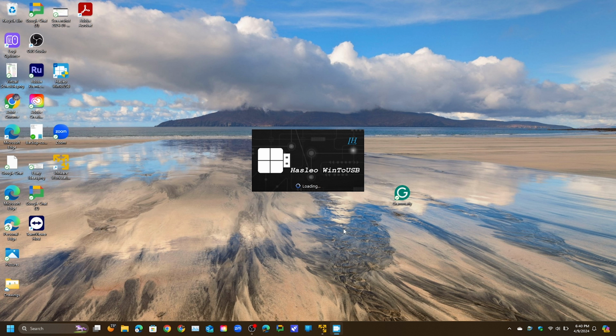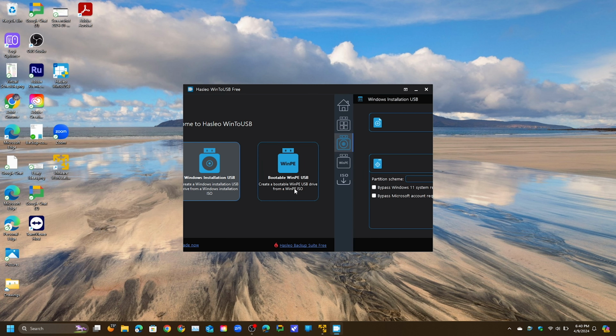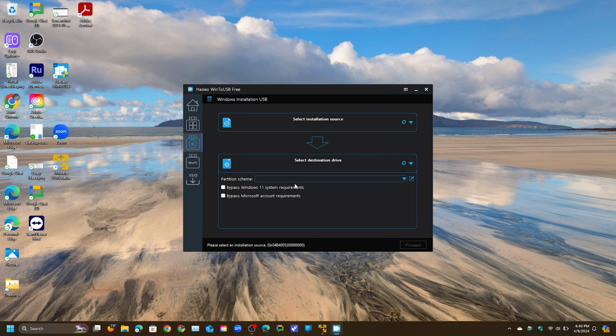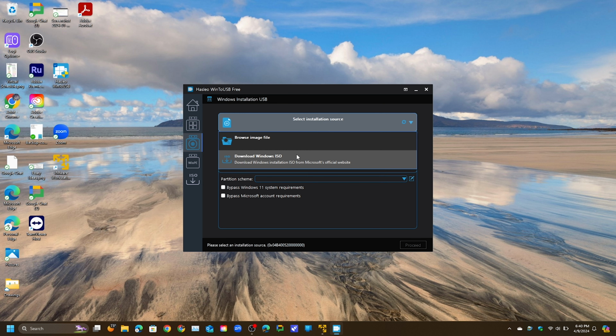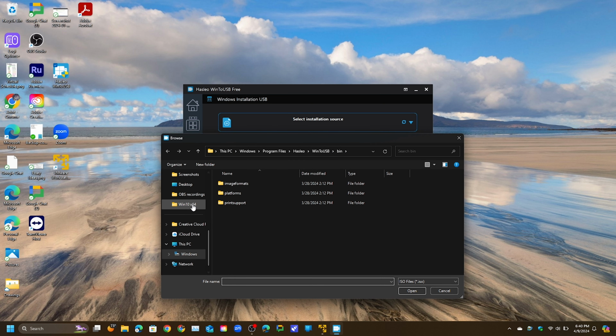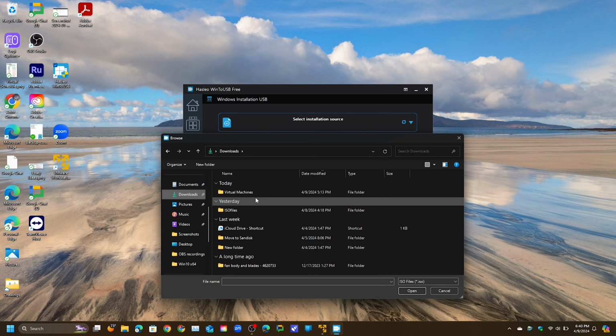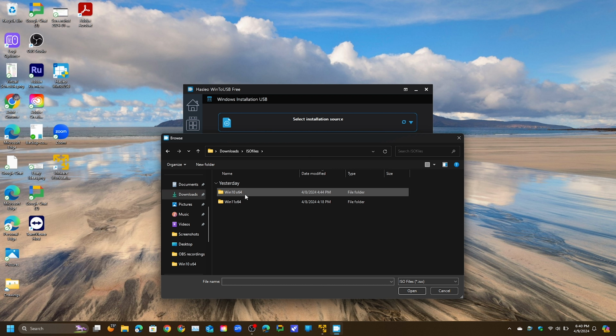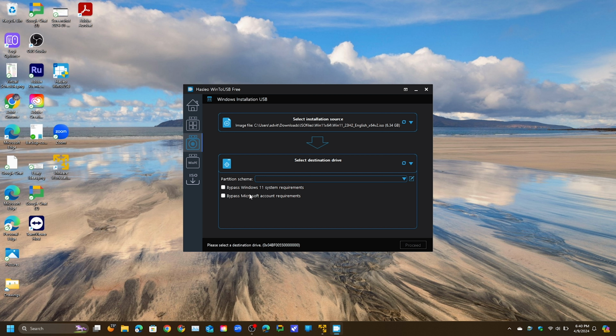It may ask for administrator privileges and proceed next. Then select Windows Installation USB. You can either browse for an image file on your PC or download one from WinTUSB. But in my case, I already have an ISO file from Microsoft's website, and I'm going to select that one. Then you're going to select your destination drive, which will be formatted, so back up any data that's on the